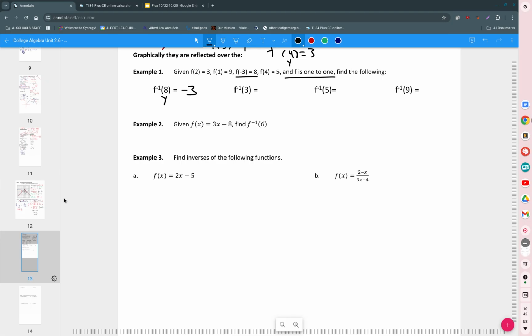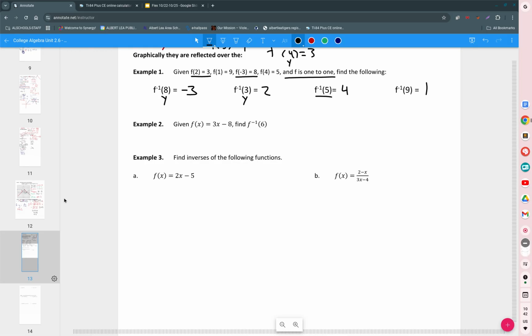Negative 3. Good. F inverse of 3, I look here. If y is 3, x is 2. F inverse of 5, 4, and 1. Okay? That's the basics. Suppose we change it a little bit and we say given f of x is 3x